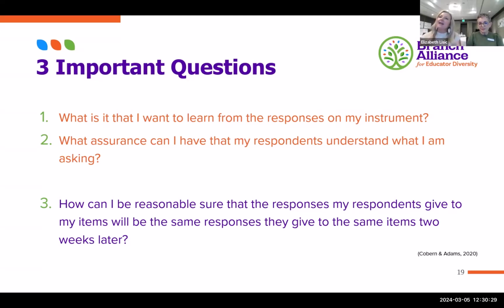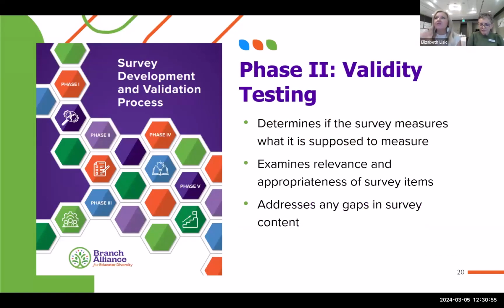And how can I try to ensure that the response they give today is the same as what they would give in 2 weeks, barring nothing greatly, vastly changing in their life over those 2 weeks, right? So questions 1 and 2, the questions in the orange, really speak to the validity of our instruments. The third question, the purple question, speaks to the reliability of our instrument. And so we're going to talk a little bit about each of those things, how we can ensure those things as we move forward in the process.